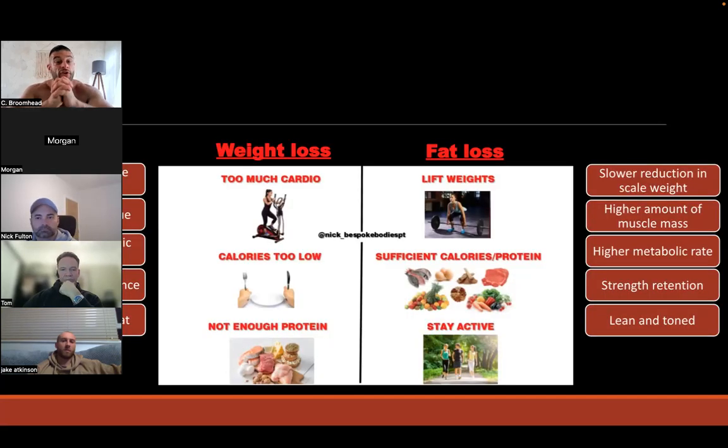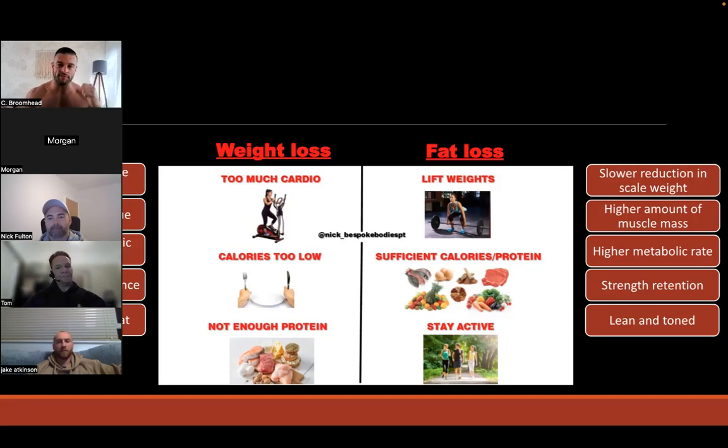We want a slow reduction in scale weight, not a rapid one. You may see a rapid one at first if you're eating shit and hold loads of fluid, or doing God knows whatever else is going to have you holding water. You might get that initial drop and then it'll go to true fat loss and it'll be slow and steady. For us guys, we're looking at 2 pounds a week as a great rate of loss, and you'll see a physical difference in your physique every single week if you're doing good pictures.